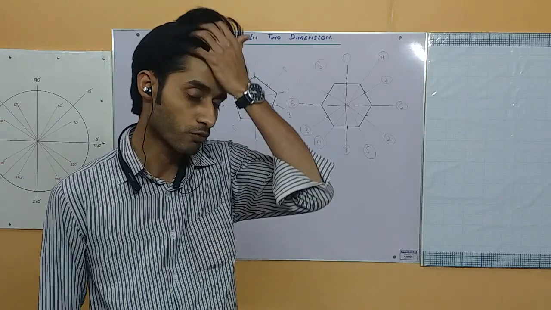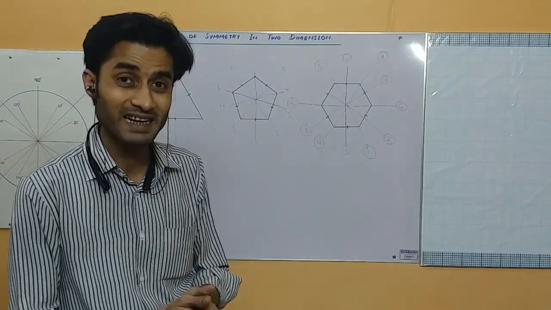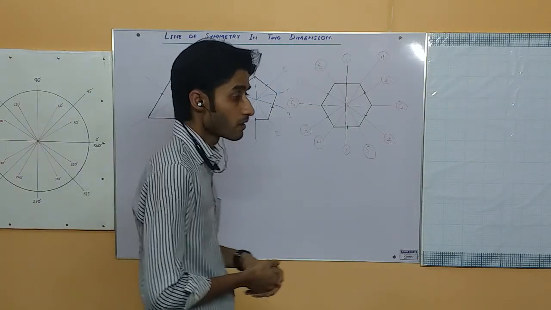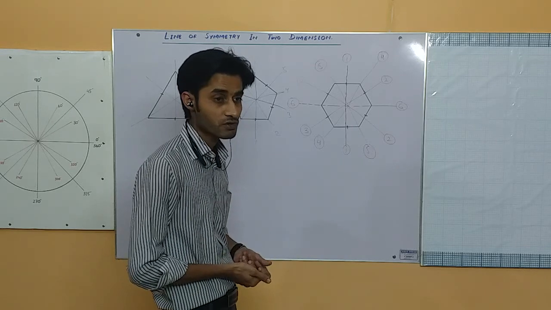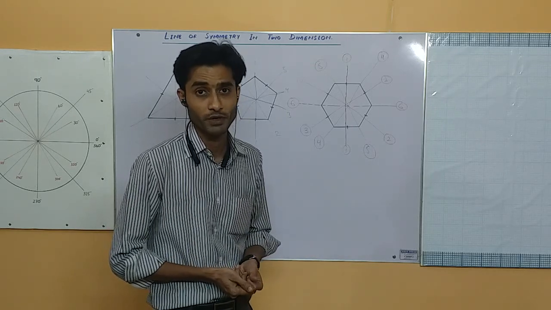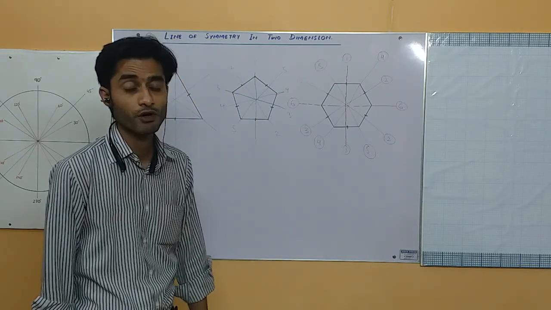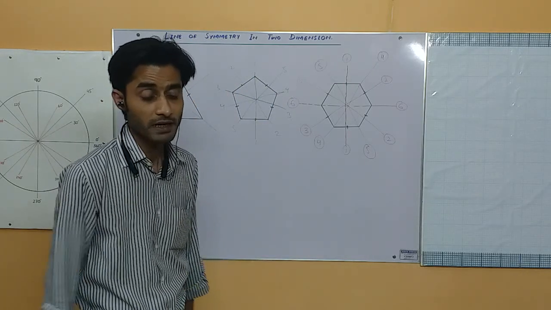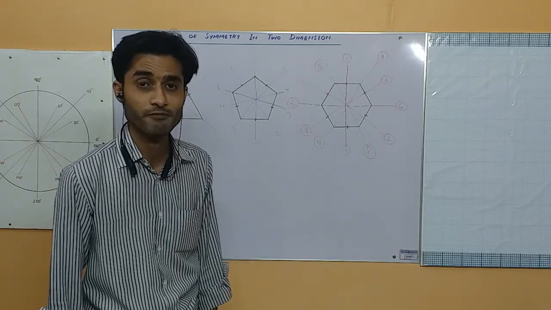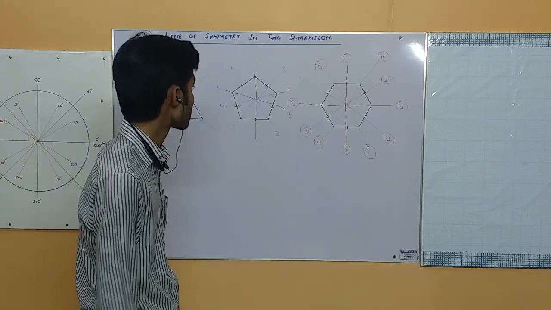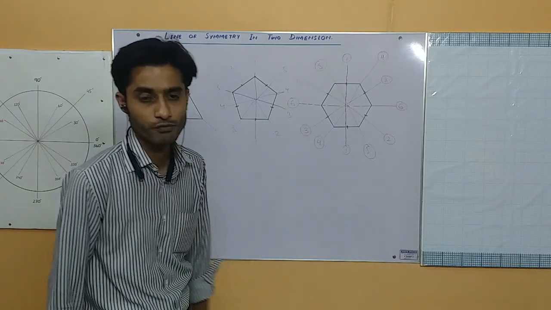Hopefully you will be able to do those questions. These questions are for those students who have not done axis of symmetry earlier in the previous year. So please make sure that if you have not done these questions earlier, you do them, because I am doing these things for those who have not done this or those who have forgotten. So make sure that you go through this exercise and do the questions that I have mentioned here. In the next video, I will be discussing one more thing about axis of symmetry, and then we will move to rotational